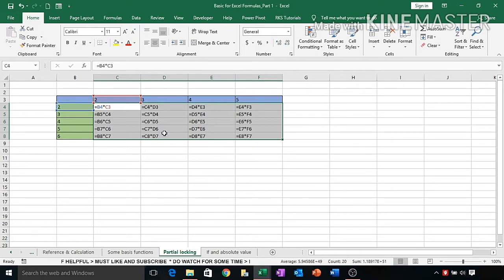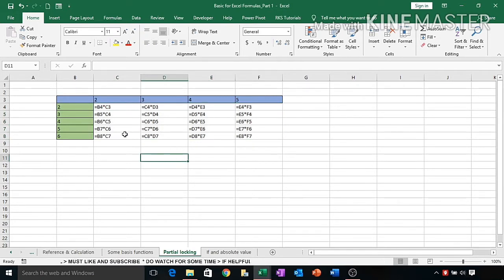Now if you precisely check all these formulas, you find a problem. What is that? Normally we have to multiply 2 with each of these values. So if you talk about the first row, every time the value has to be picked from only column B, not from C, D, E. Here you check B4, it is okay, but here is C4. Ideally it should be B4 because the value has to be picked from column B. Here D4 and E4. So all this left part is wrong.